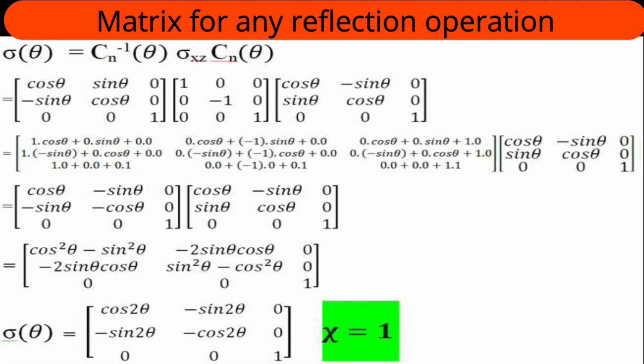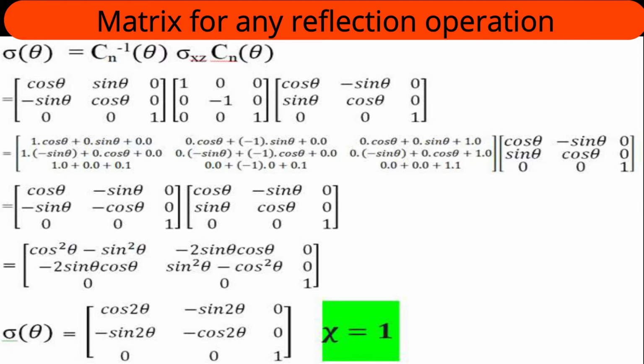Let us derive the matrix for the general plane. For that, I inform you of some basics in advance. For matrix labeling, we label the numbers present in the matrix as A11, A12, likewise. A11 means the element in the first row, first column. A12 means first row, second column. Here we can find 9 elements. A11, A12, A13 comprise the first row. A21, A22, A23 the second row. A31, A32, A33 the third row.